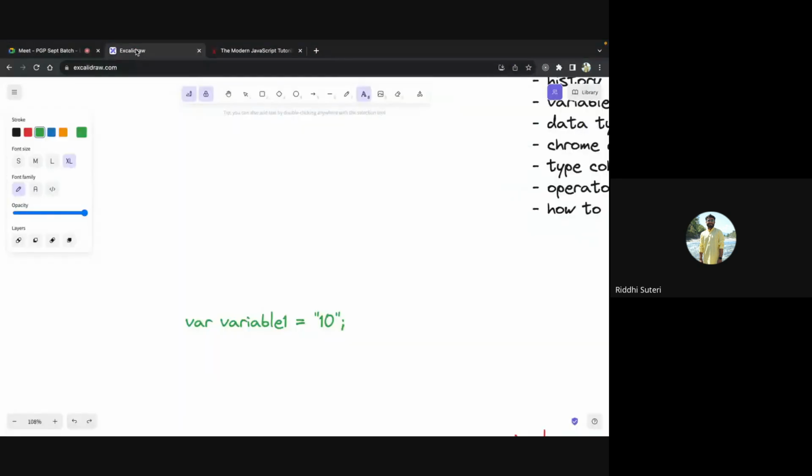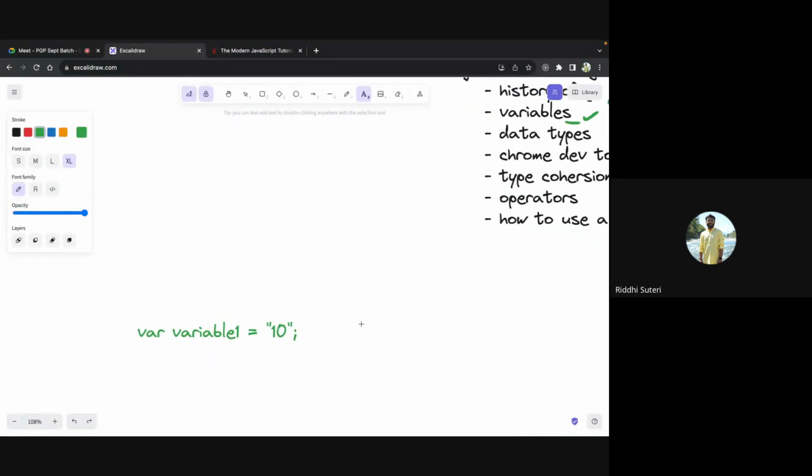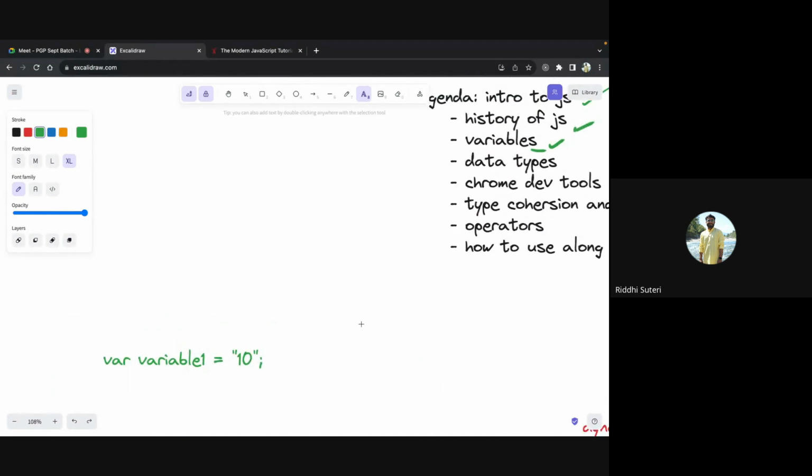Okay. This is how we define variables in a programming language, and we have also done that earlier, right? Let's talk about data types. And the next question that you will have is, why exactly data types? We don't need data types, right? Because you've already said it is a dynamically typed language. We don't need to tell the type of the variable.